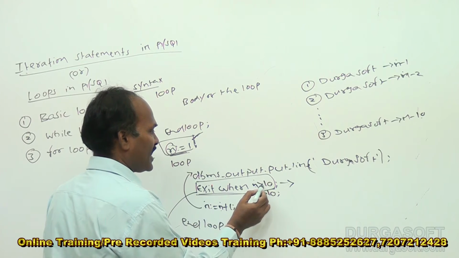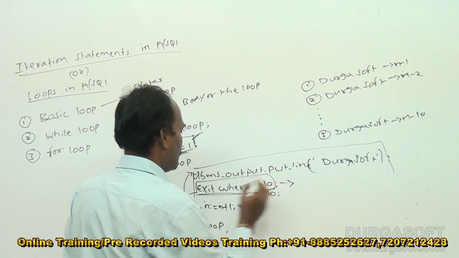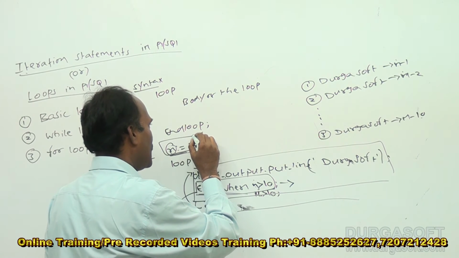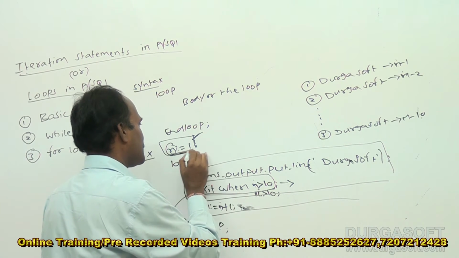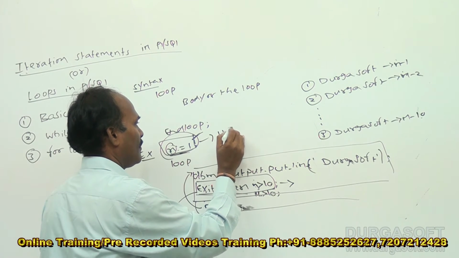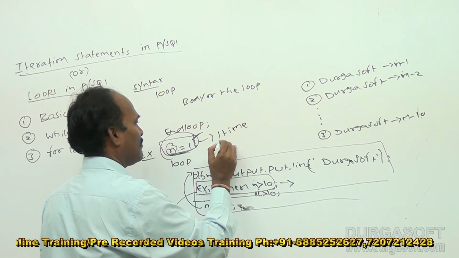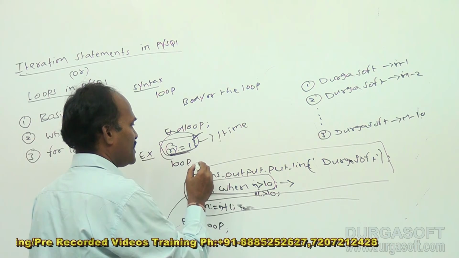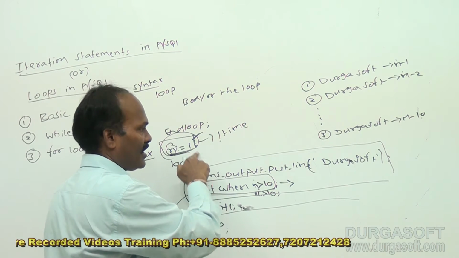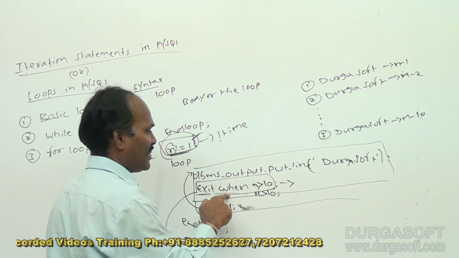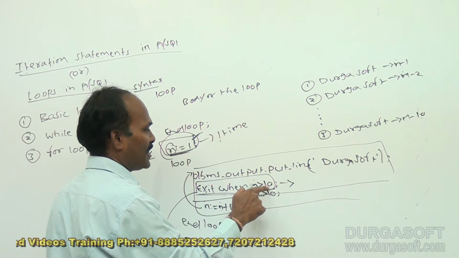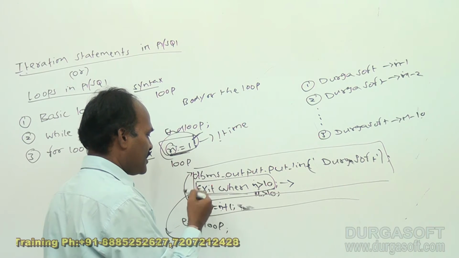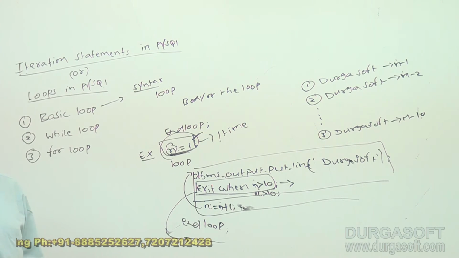Now exit when n is greater than 10. That becomes the body of the loop. The body of the loop will be executed more than one time, but the initialization part is executed only one time, before execution of the body of the loop. So this is regarding initialization, body of the loop and termination. Whenever n becomes more than 10, the exiting process will be executed. The control comes out from the loop and it executes the next statement immediately following end loop.